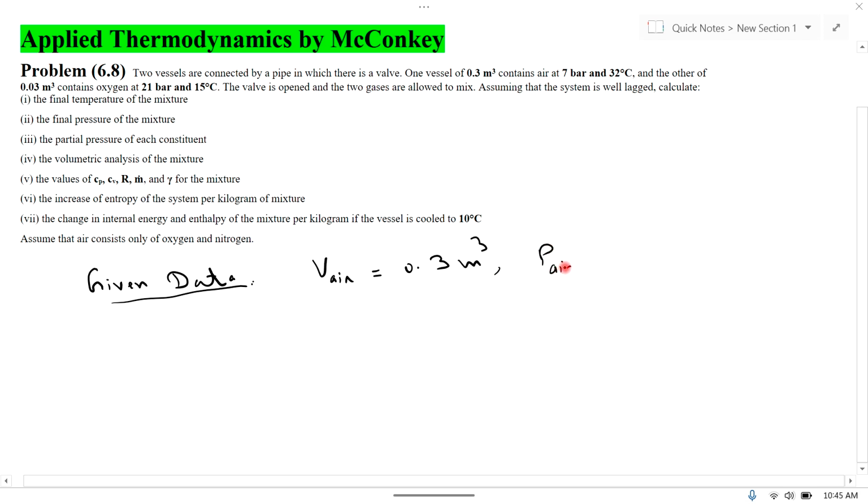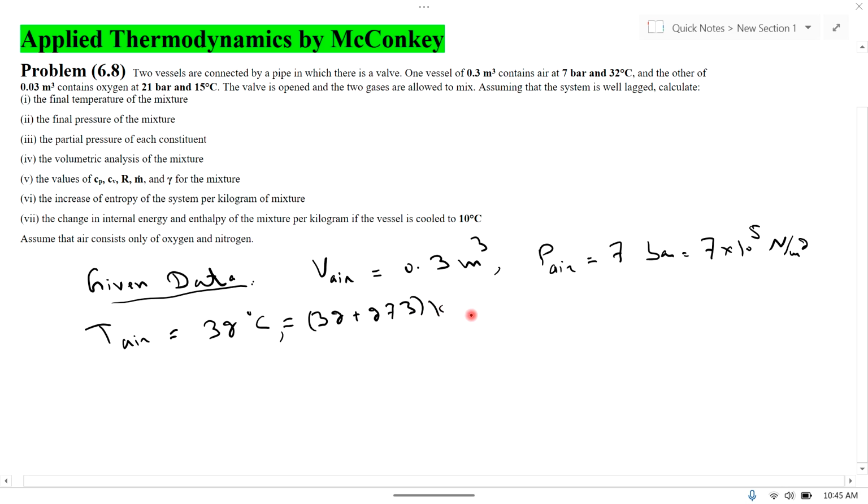Pressure of the container having air is 7 bar. 7 bar means 7 multiplied by 10 power 5 Pascal or Newton per square meter, because Pascal is equal to Newton per square meter. And temperature of the container having air is 32 degrees centigrade. 32 degrees centigrade is equal to 32 plus 273 Kelvin, which is equal to